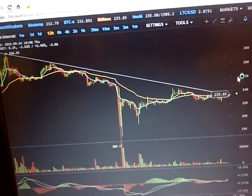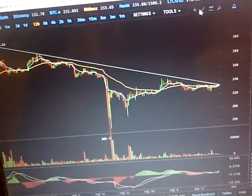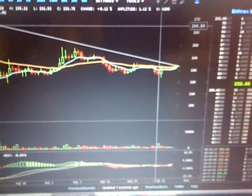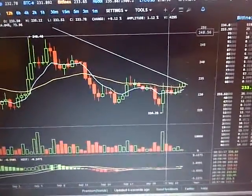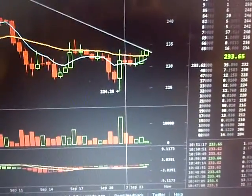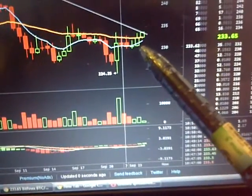So it looks like it's trying to move up. Let me see if I could zoom in. This is a 12-hour chart, so I could zoom in and see if I can really start seeing it. There we go. And so as I zoom in, it's not quite crossing over, but